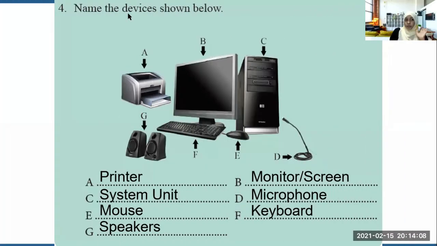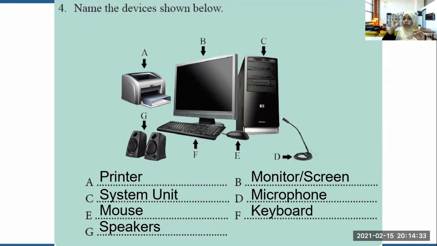C is not the CPU. The CPU is inside the system unit. Can you remember I told you the CPU is the central processing unit. It is a part inside the system unit. This is the system unit because inside it there are parts. For example, the RAM is inside the system unit.